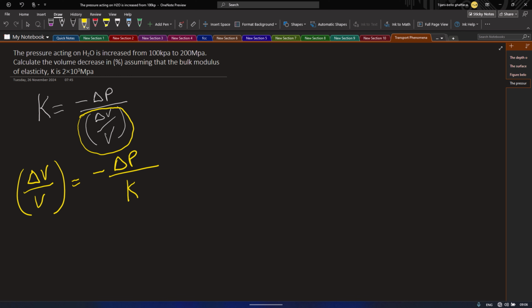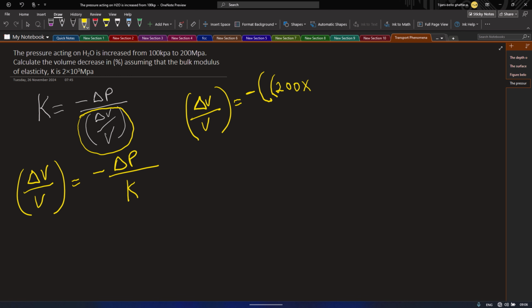So in this question, we are given our bulk modulus to be 2 times 10 raised to the power 3 megapascal, and we are given our difference in pressure to be 200 megapascal minus 0.1 megapascal, because it is a change, so we have to do P2 minus P1, right? Alright, so going ahead to solve, we put this as change in V over V, which is our fractional change in volume, is equal to minus, open a big bracket, so we have